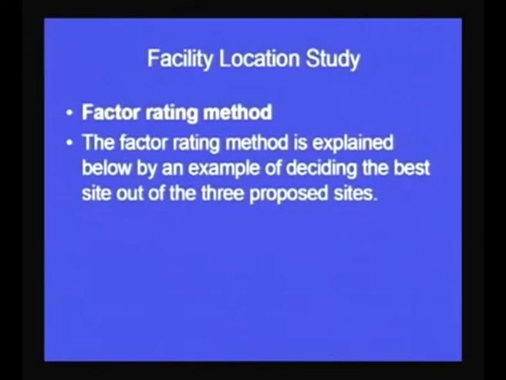So, the factor rating method here is explained with the example of deciding the best site out of 3 proposed sites. Subsequently we are going to see this example in which the choice is among 3 proposed sites. We have to select the one best out of the 3 proposed sites. So, we will see how to go about this particular problem. To evaluate these alternatives,